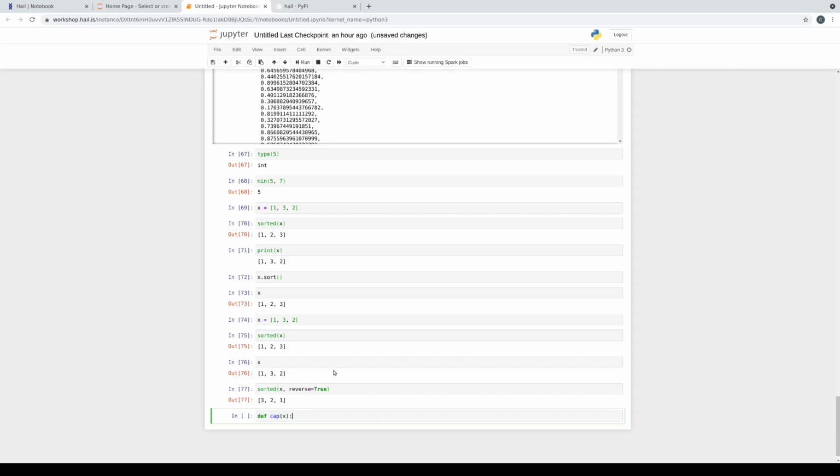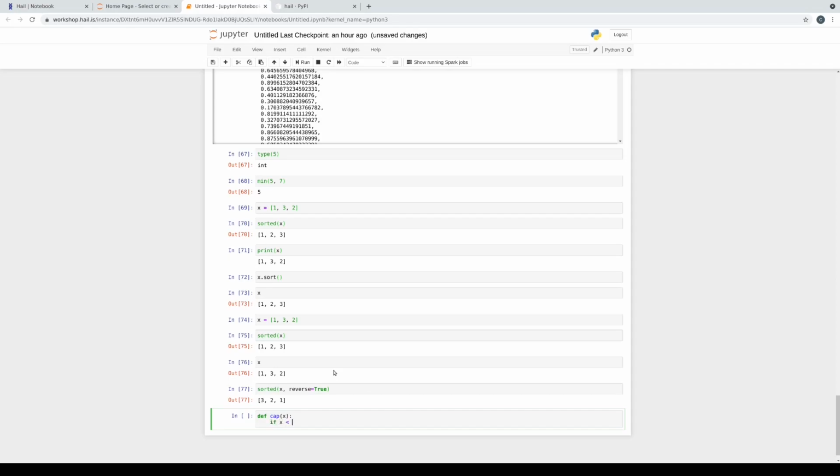Okay, def statements, lines with a def in it end with a colon. So we need to increase the indent to signify the body of the function that we're defining. Okay, and now we're just going to use if to check the conditions of whether or not it's outside the range of 0, 1 and act appropriately. The last thing I'll say is to return a value from a function, you use the return statement.